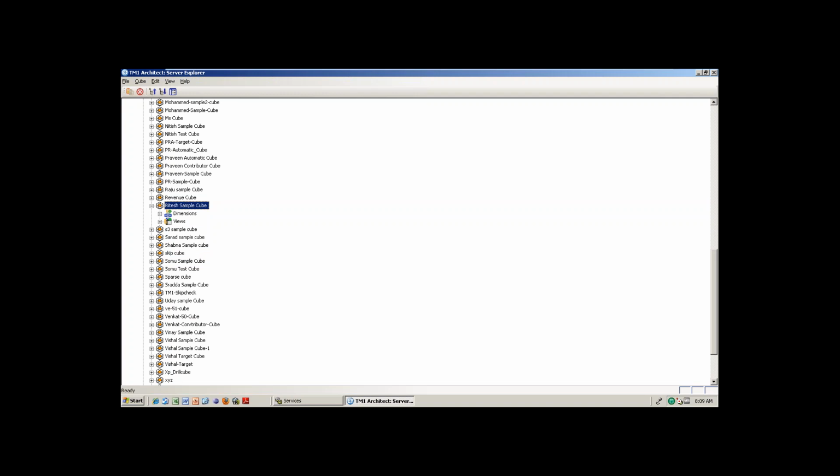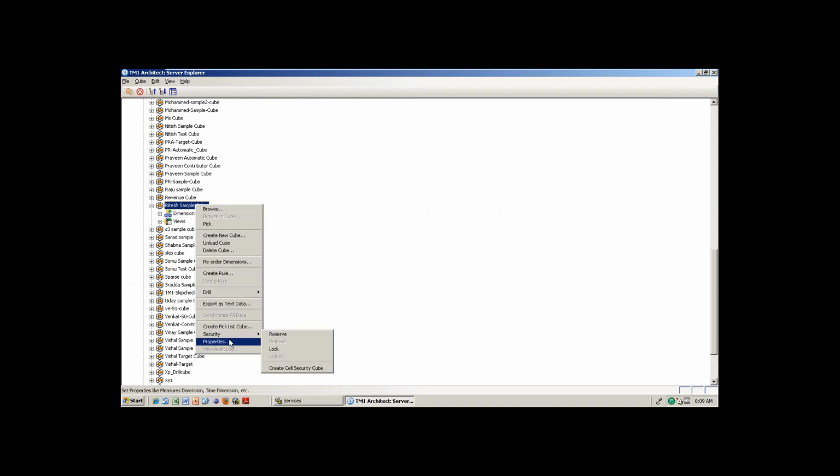Okay. Right. The next one, this is a very important thing, a very good option you need to know. For example, you know TM1 cubes can be used as a source for your Cognos reports, right? Normally, we use a Transformer cube as a source for Cognos reports.